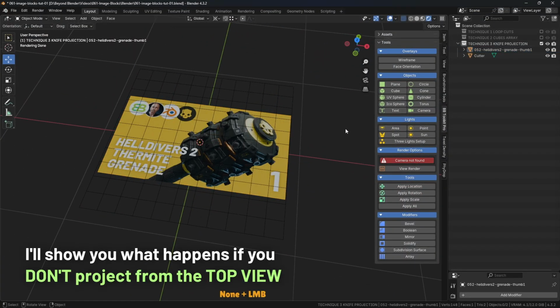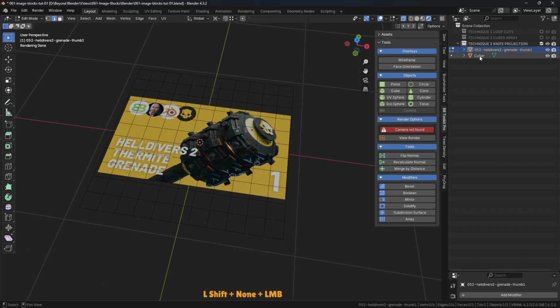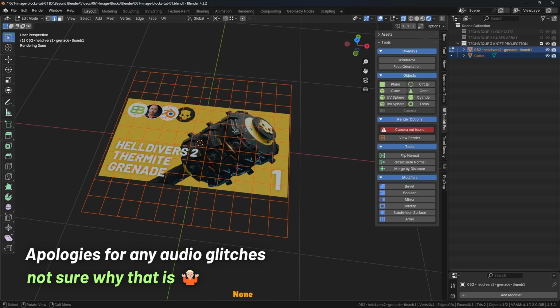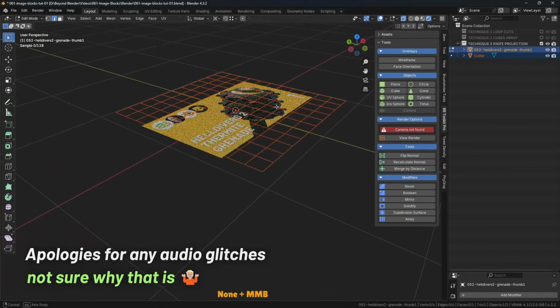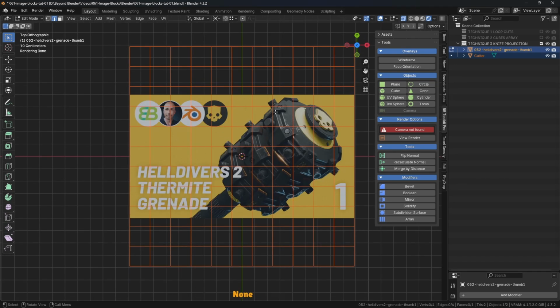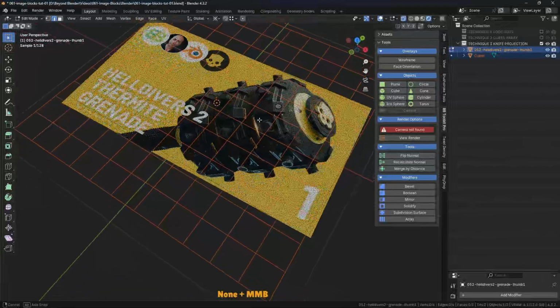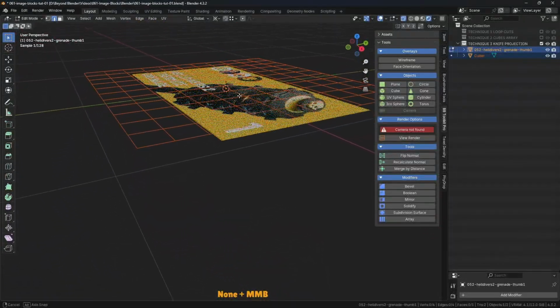Let's do the same thing again. So select the image plane, tab into edit mode, hold down shift, select the cutter. If you remember, when I did it originally, I did it from the top view. There's a very good reason for that, because it projects from the point of view of your viewport. So what does that mean? Well, if I did it from this angle, like this,